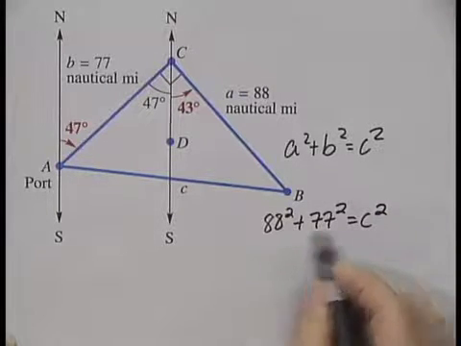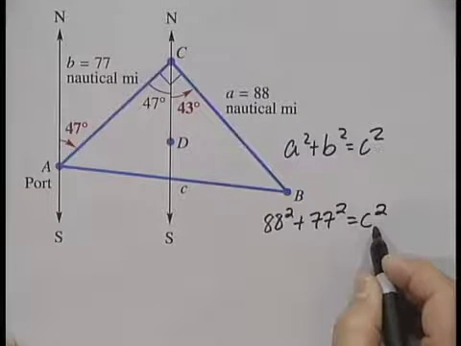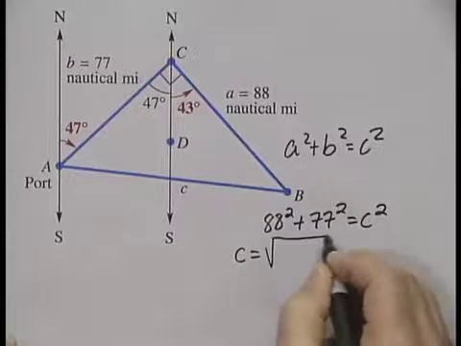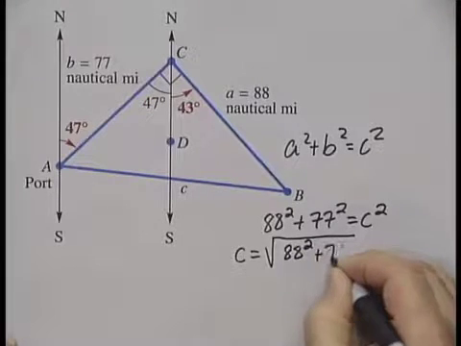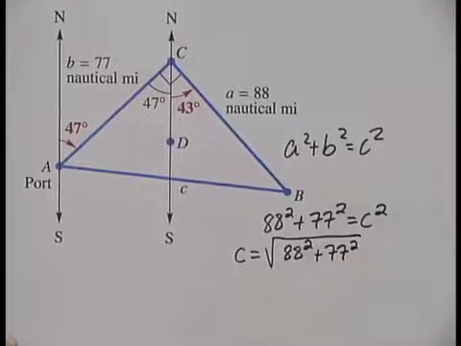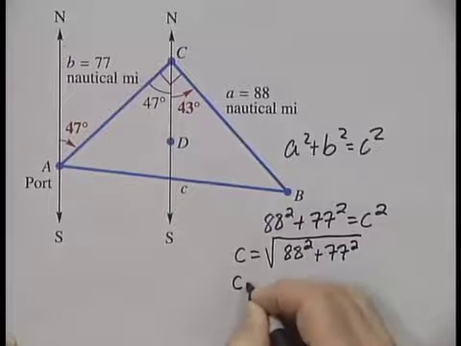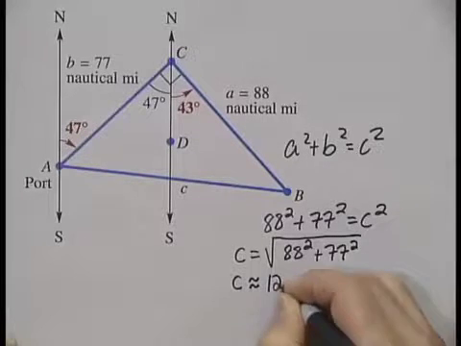Now I would add these together and take the square root of each side. That is to say that c would be equal to the square root of the sum of 88 squared plus 77 squared. Evaluating this on a calculator, c will be approximately 120